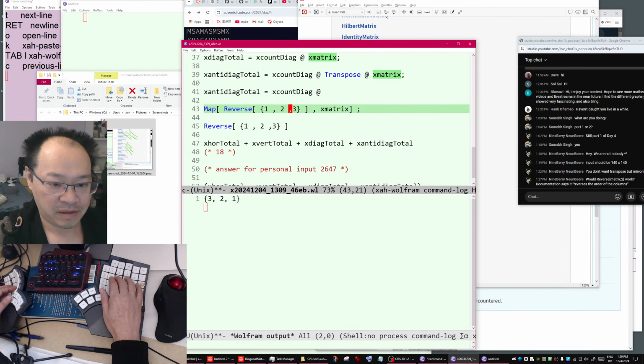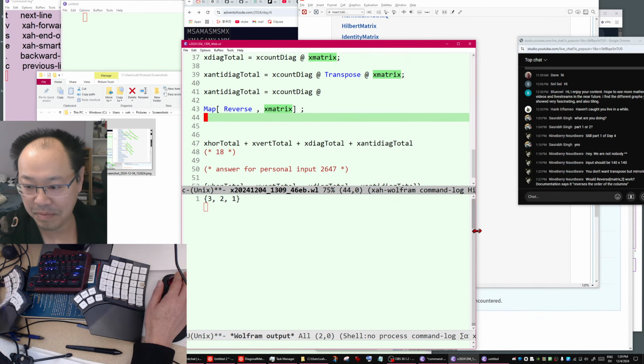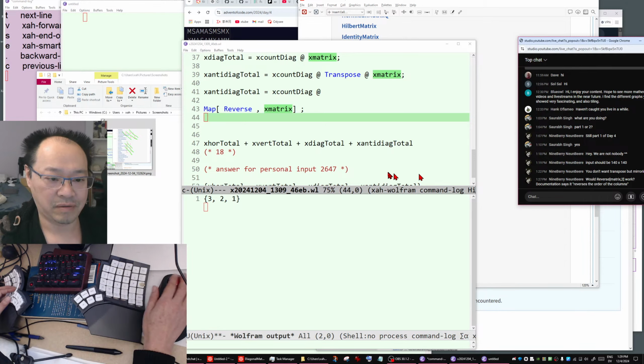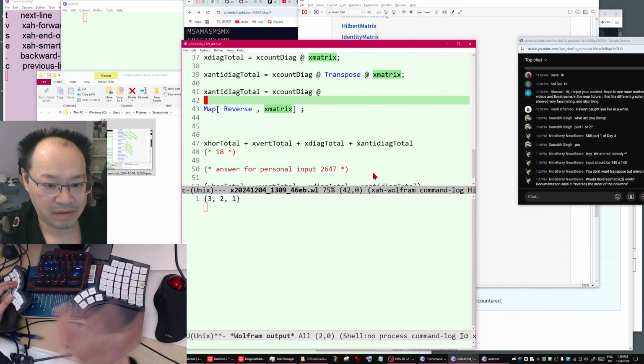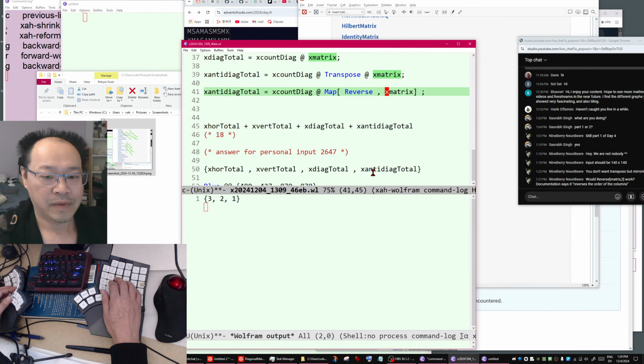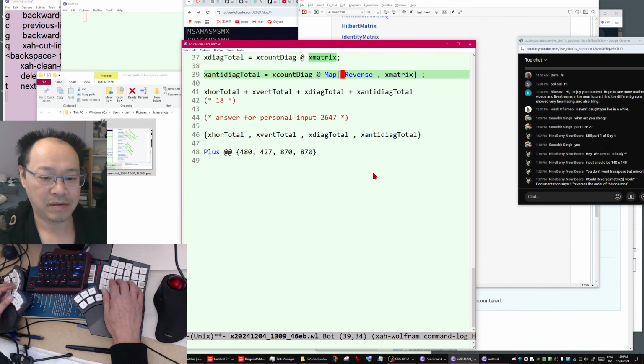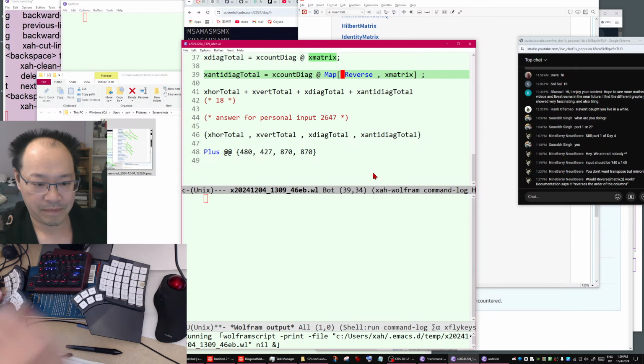That's right. So all you have to do is apply the reverse to each row. But you are probably right, there's a function, but I know this, so we can do this. Yep. So remove that.